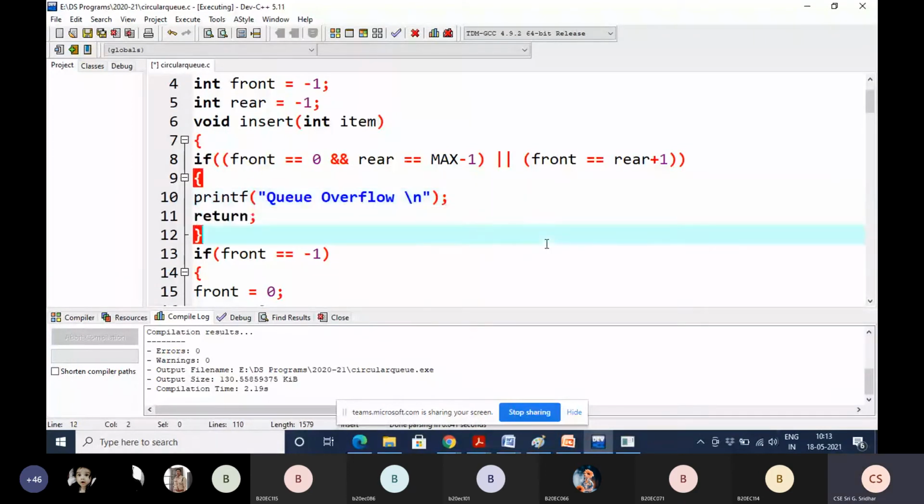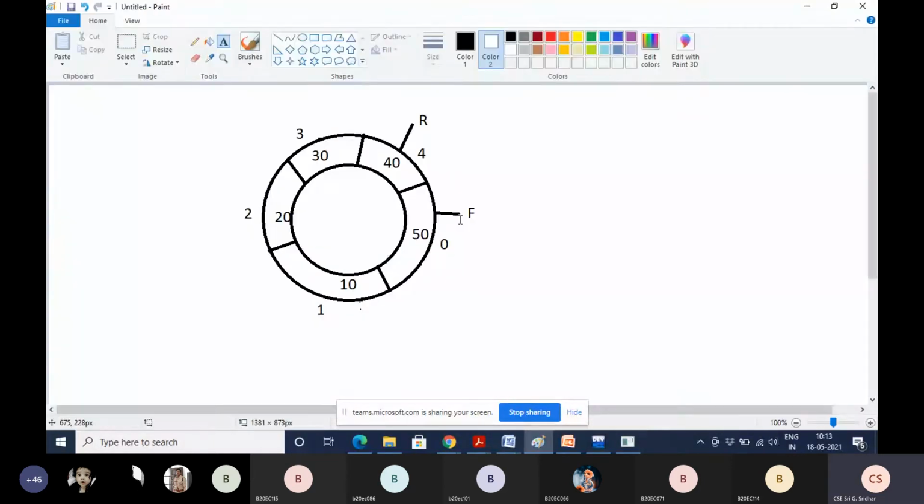Okay, it's already filled. Next, otherwise, if front is equal to rear plus 1, for example, like this.